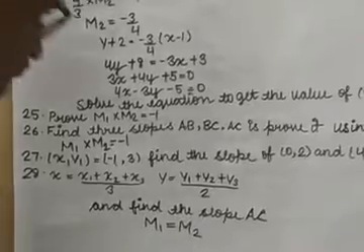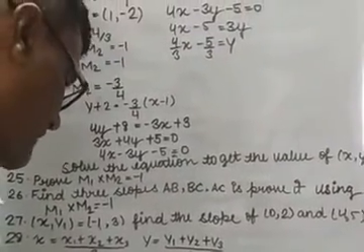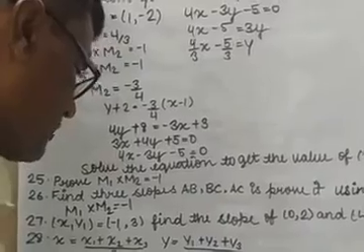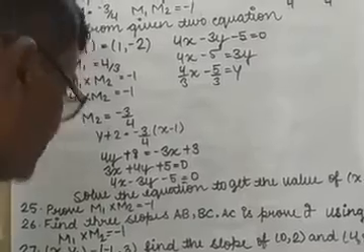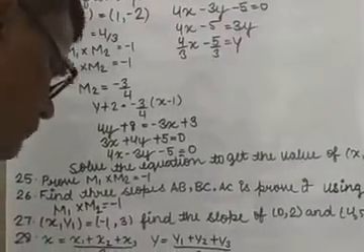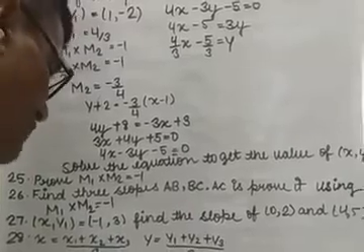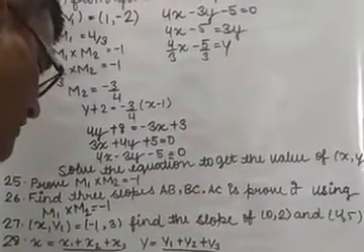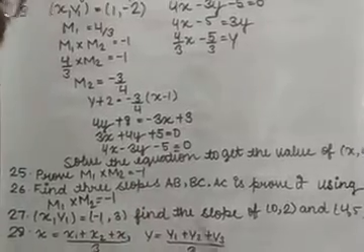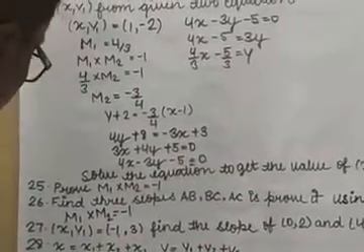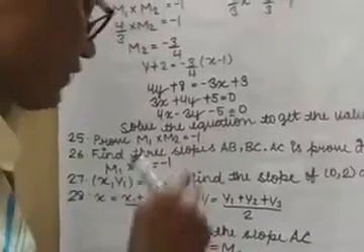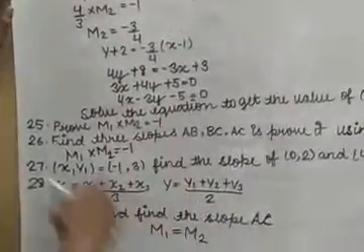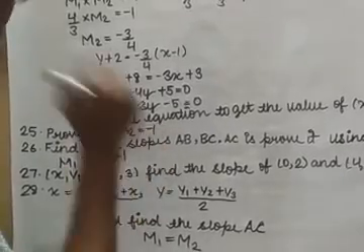Question number 24 now: prove that the line through (0, 1) and (2, 3) is parallel to the line through (2, -2) and (6, 2). You can easily calculate the slope as you have the two points. m1 you can calculate, m2 you can calculate, and by using those two, you just have to prove that m1 is equal to m2. In question number 25 also, x1, y1, x2, y2 values are given to you. Again you have to calculate the values of m1 and m2, and then prove that m1 into m2 is equal to minus 1.